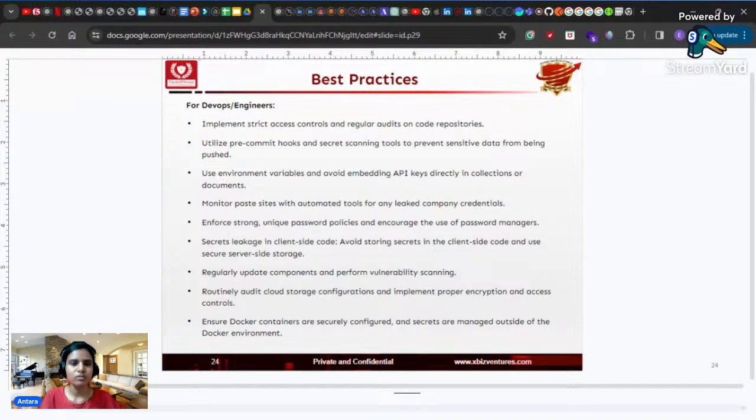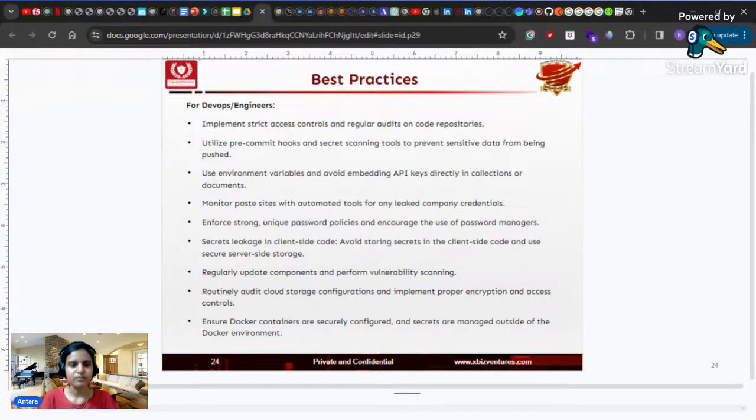Utilize secret scanning tools to prevent sensitive data from being exposed on the internet. Use environment variables for secret management, especially for API keys. Ensure that you're not using pre-shared keys by any means, because there are other attacks on that as well. Monitor your company credentials,